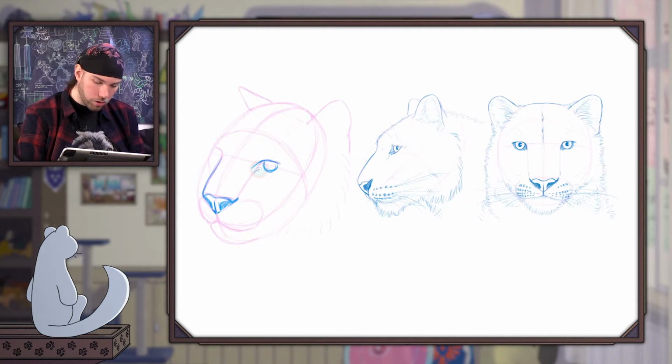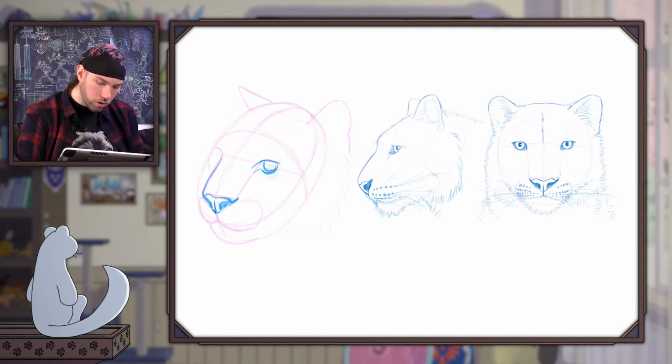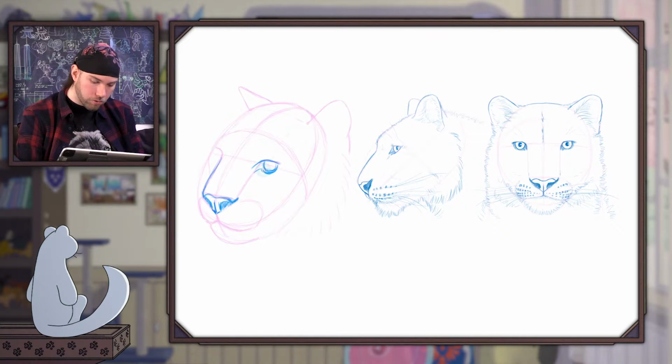At the bottom I'm continuing with the eye corner once again, and I am going to leave a gap between the eye and this line that I'm drawing, because I want to have an indication for the eyelid. So I'm adding some depth, which is important to make the eye look more three-dimensional. You can see that the gap is larger here on the left side, while on the other side it is